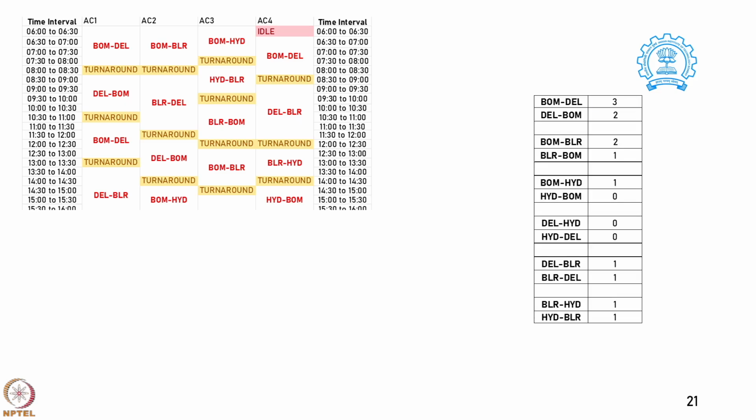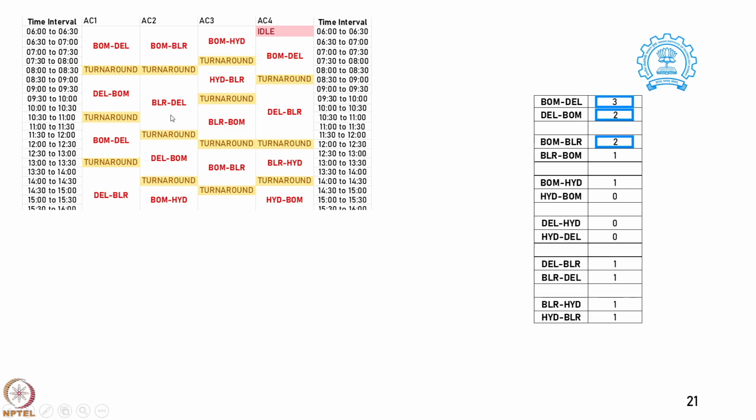So, in this particular window, the third window, cumulatively we were able to complete 3 flights from Bombay to Delhi, which are these ones. This is the first one, this is the second one, this is the third one. So, these 3 flights are now completed. On the Delhi-Bombay route, we now have 2 flights completed. You can see this is the first Delhi-Bombay flight, and this is the second. So, on these we have met 2.